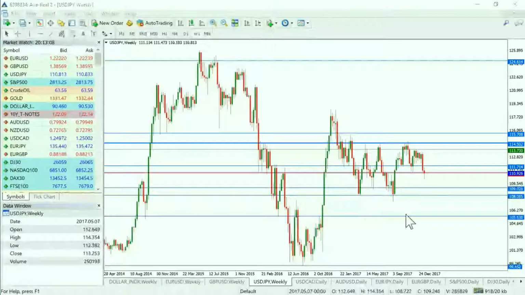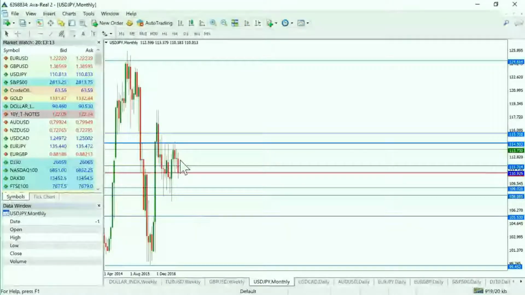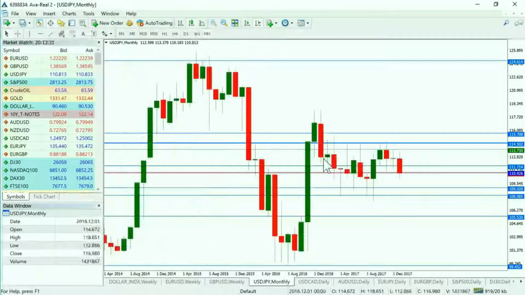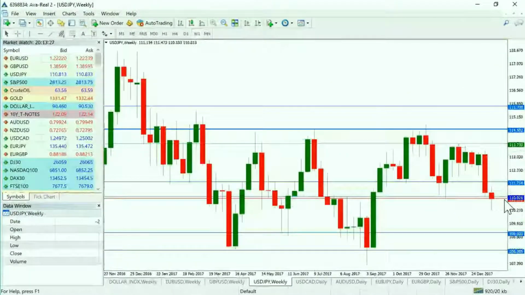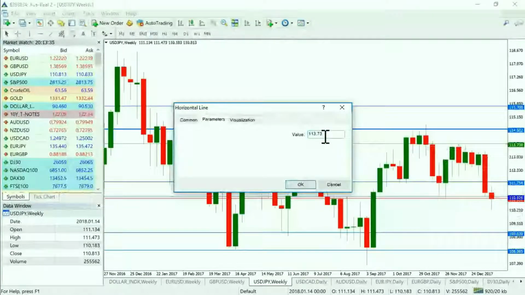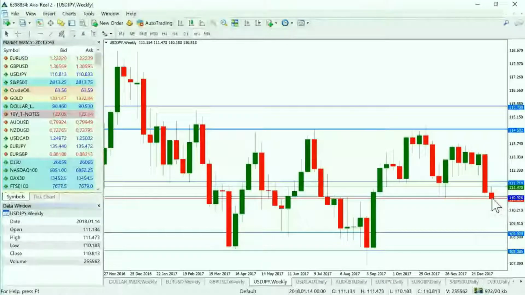Okay, so for consistency purposes, let's work with the weekly highs and the weekly lows. Again, looking at this chart, you would imagine and appreciate that there is potential for this price to squeeze lower. So what we'll do is work with the weekly levels to the upside, which is 111.47. So 111.47 to the upside, and to the downside, we will work with 110.18.